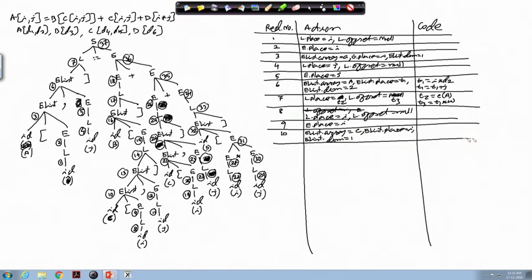So, no code is generated here. Reduction number 11. So, L dot place equal to J and L dot offset equal to null. At reduction number 12, it is this one, E dot place equal to L dot place. So, that is equal to J.